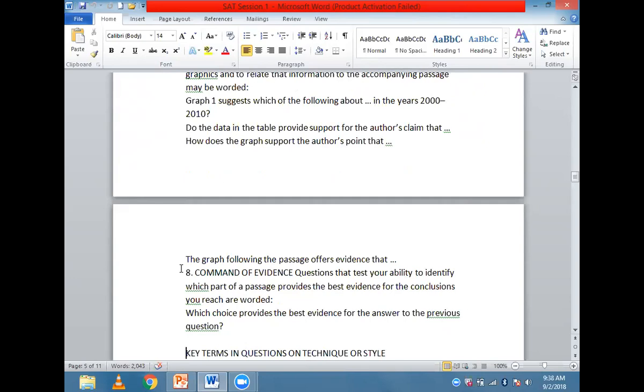For example, if the question preceding the command of evidence question asks you about the central theme of the paragraph, the next question, the command of evidence question, will ask you to specifically point out the line which gave you the evidence. You have to know that it should be the best evidence to understand your particular argument, your particular theme which you opted for in the last question.